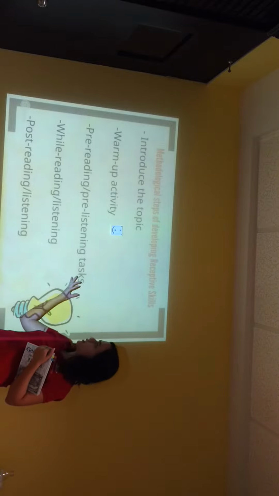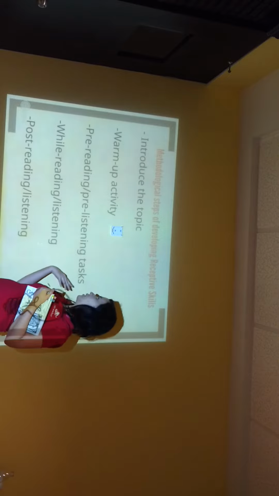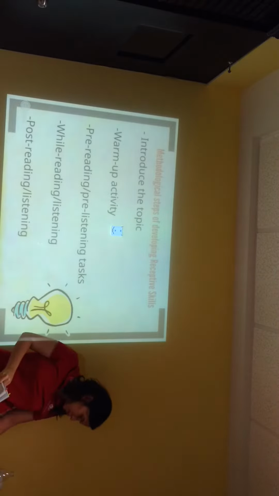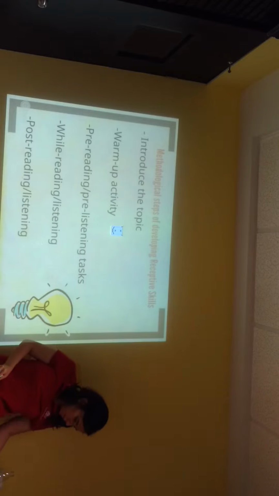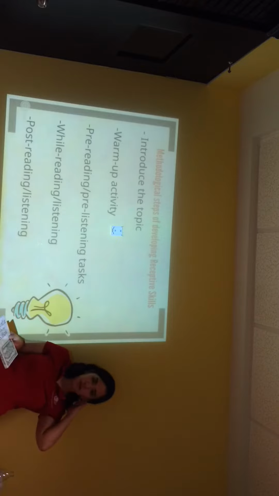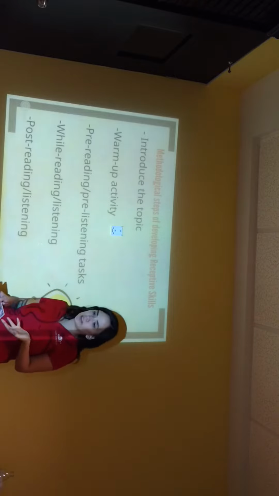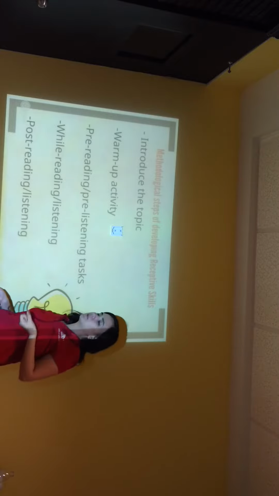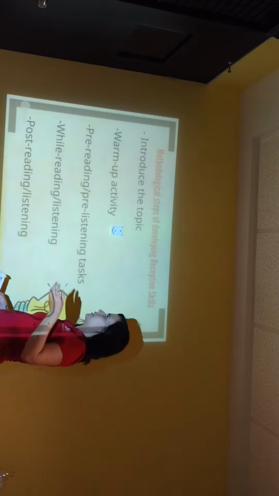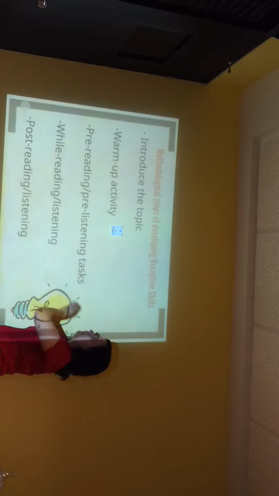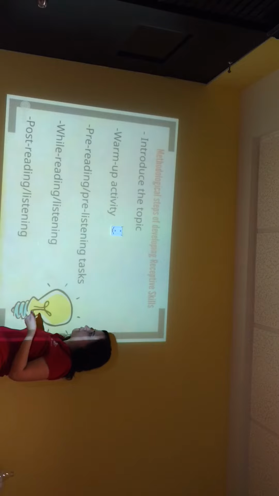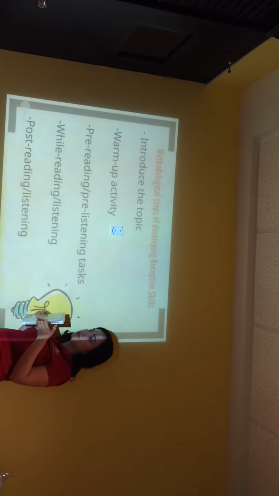We have the next step, that is the pre-reading or pre-listening task. This is when they actually make predictions about what they're gonna see. They get specific information about the things. For example, if you do a warm-up activity, in this case, when we saw Chile, we saw the part where it's located. So they predicted that in Chile there were wars because the country was very small.